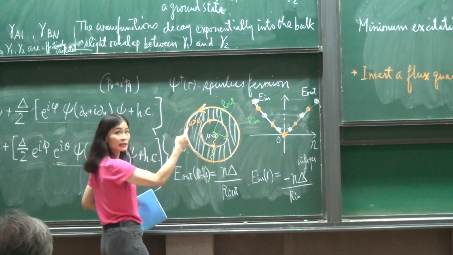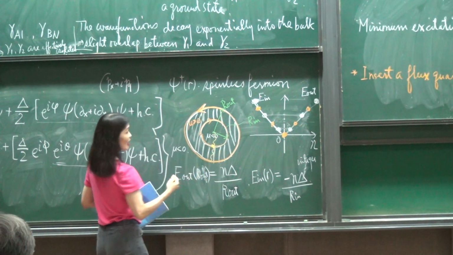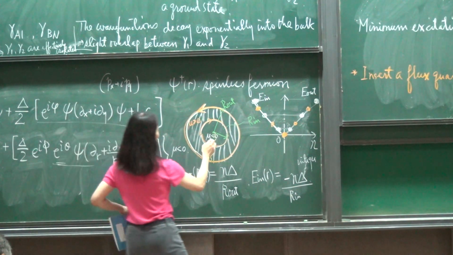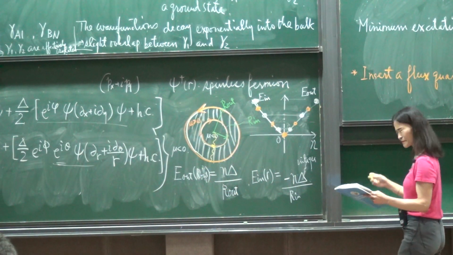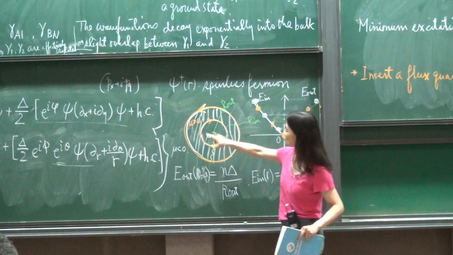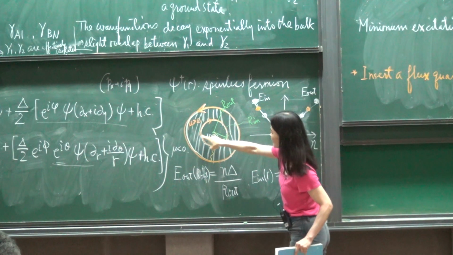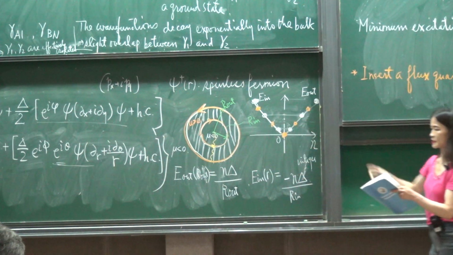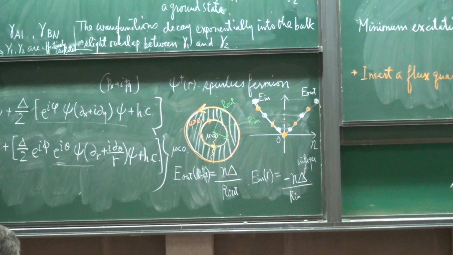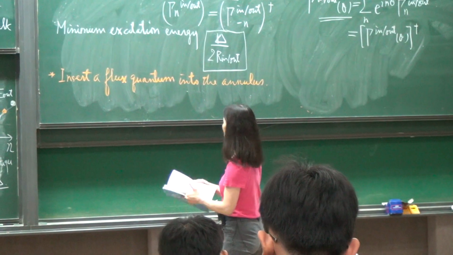Whenever you count the number of branch cuts, then you will know whether you can have an isolated magnetic Majorana mode. And so you go around, you actually can pick up an extra minus sign. And so here, you have a plus sign for this situation. This can be solved exactly. Okay, so that's one way of thinking about things.